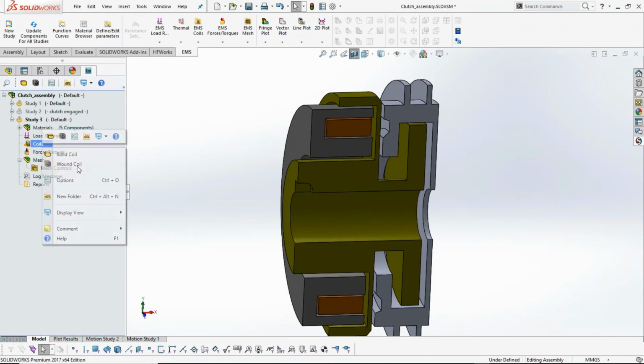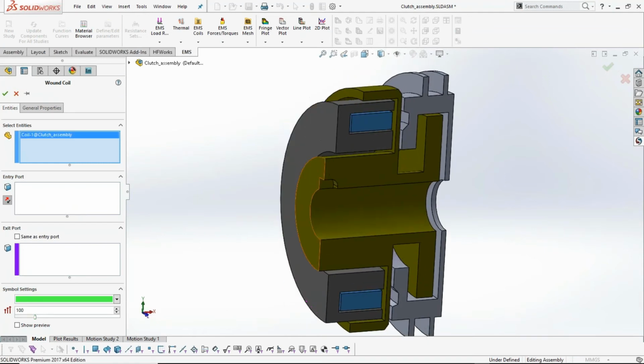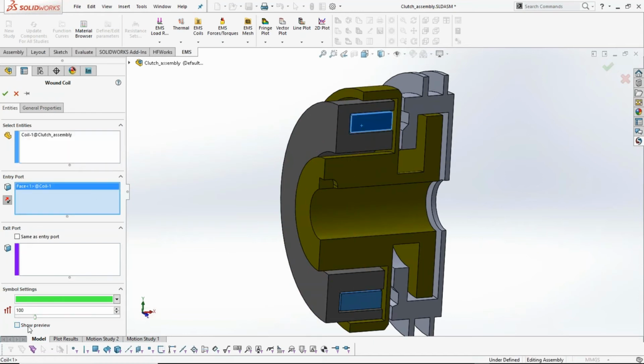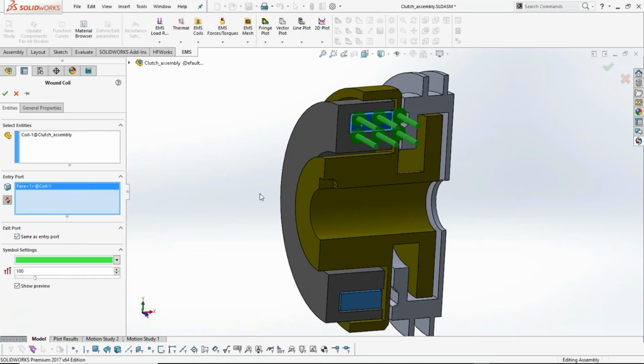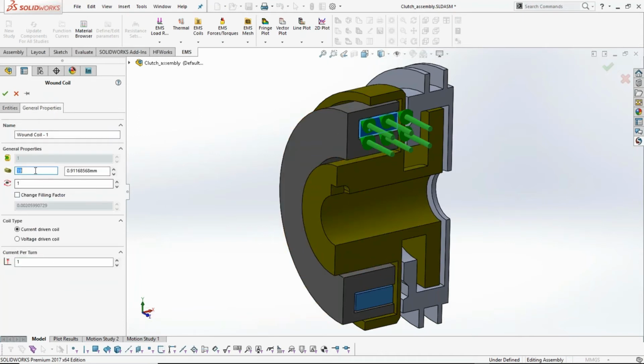So I can create a coil. I select the coil component from the screen. I also select the face perpendicular through which the current goes in. As you see here, these are the current carrying conductors, and this is the direction of the current. Here I am going to make it 18 gauge, with 340 turns, and a current of